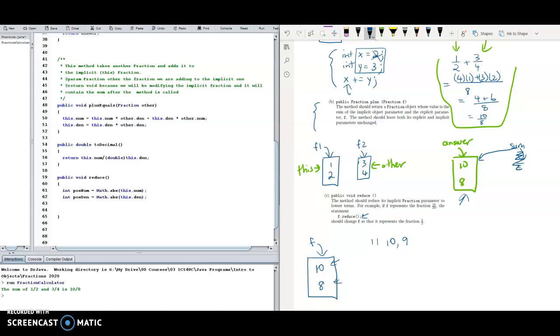Of course, 11 and 12, we're not going to check any of these because they're greater than the largest number here. In fact, 10 and 9 can't even be the greatest common factor between these two numbers. So the greatest common factor has to be the smaller number and below. So you can get this algorithm to be even more efficient by starting with the smaller of the two. But let's just skip that for now, and we'll pick either number, let's say the numerator, and we'll just go